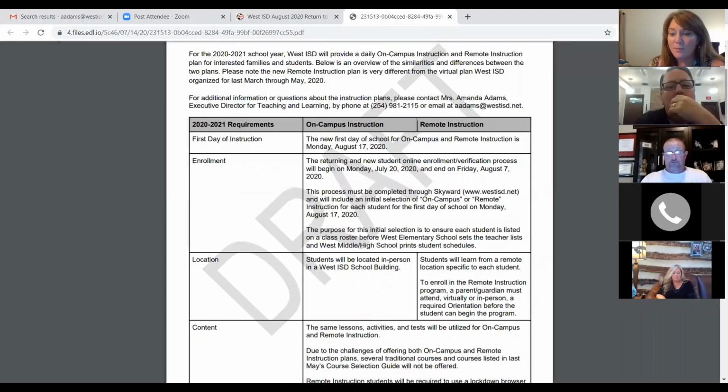There are no paper forms. The only paper that you need to bring to the school is your proof of residency. More information about that will be on our back to school toolkit, but everything you do will be online as far as registration other than that proof of residency. So the purpose of the initial selection where you let us know what you're thinking is so that we can figure out the class rosters, who's going to be on campus versus remote, and prepare our teachers and students for that. The location, of course, for on-campus learning is your traditional on-campus situation,